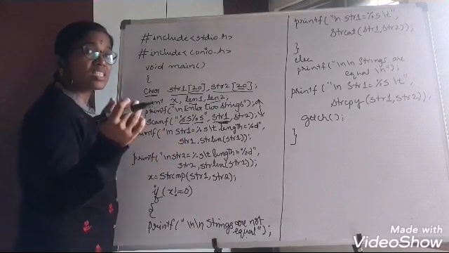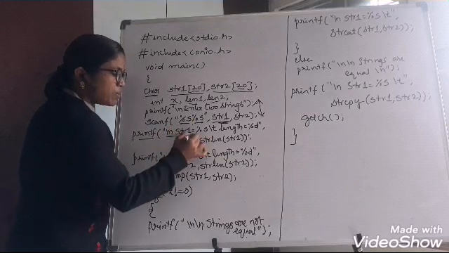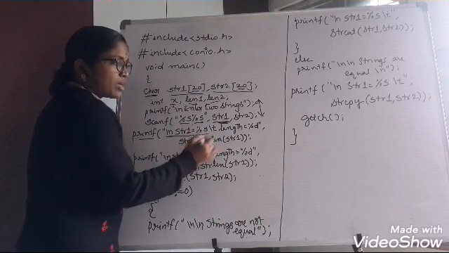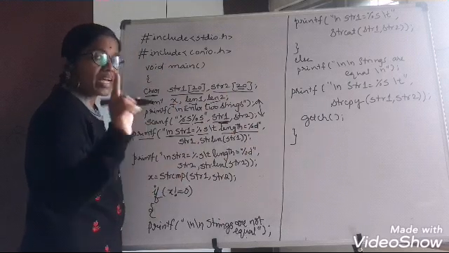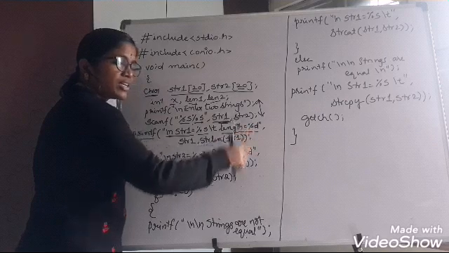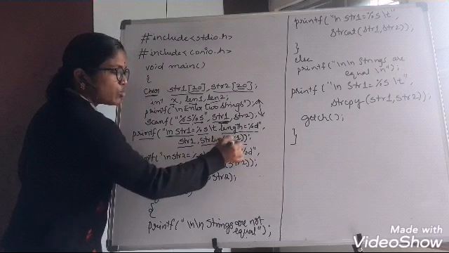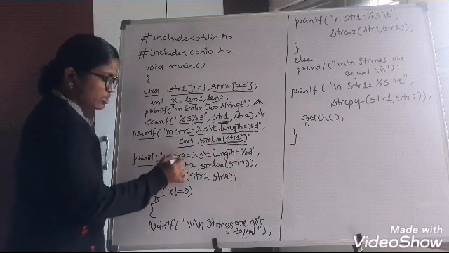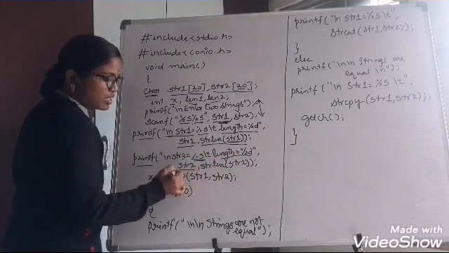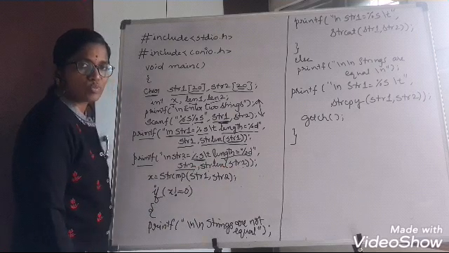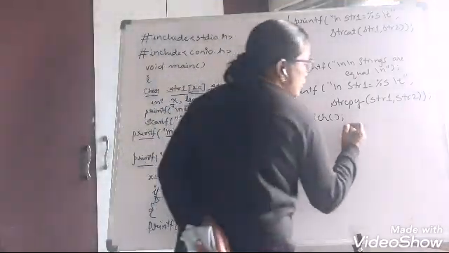Now we will see the string handling functions. The first one I am writing is printf of string 1. I am printing string 1 with %s, and I am printing its length as an integer with %d. So I am writing string 1 as well as the string length of string 1. In the same way, printf of string 2: I am displaying string 2 as well as the length of string 2. Next, we will just see an output.